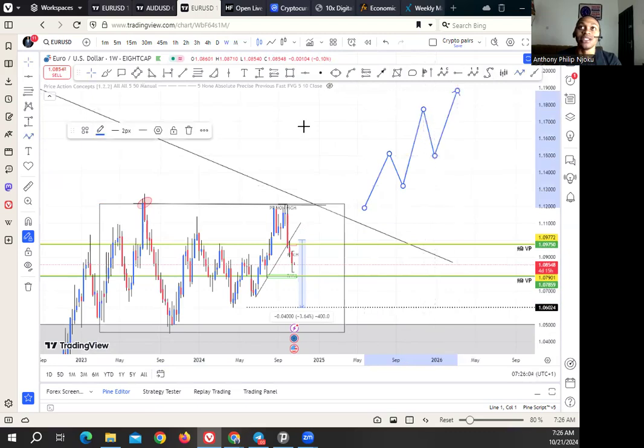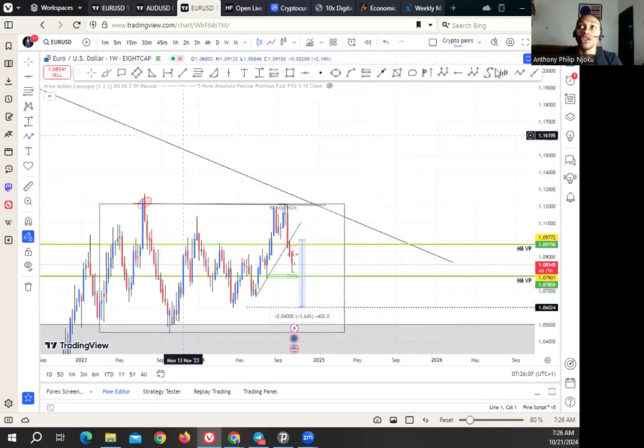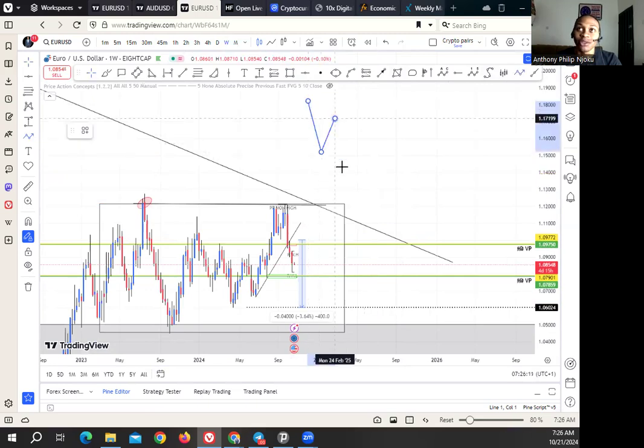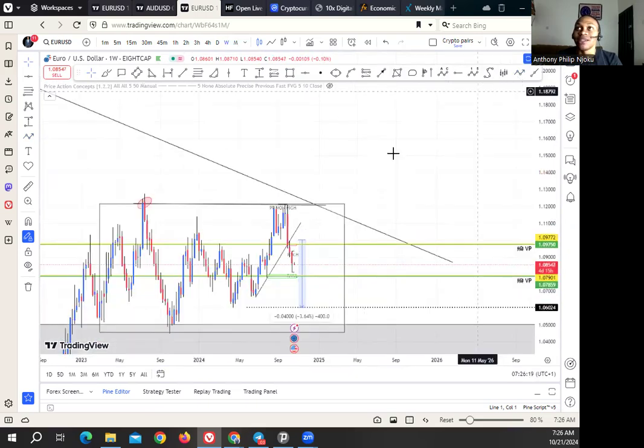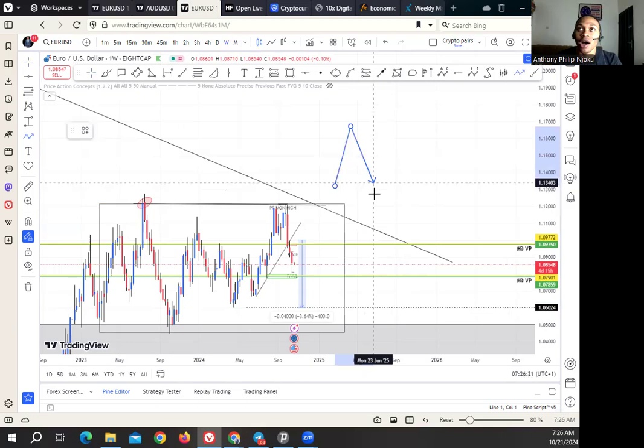Okay, this is when you're saying the market is creating high highs and high lows, bullish market. But on the monthly time frame, what do we see? We see the market was trending to the downside, bearish. Okay, so for the weekly time frame, the market is what? Consolidating. Market is consolidating, no actual